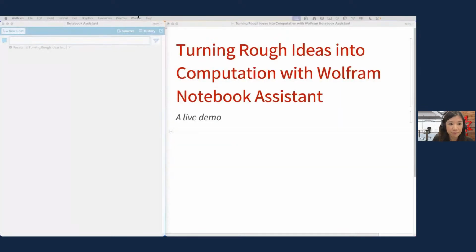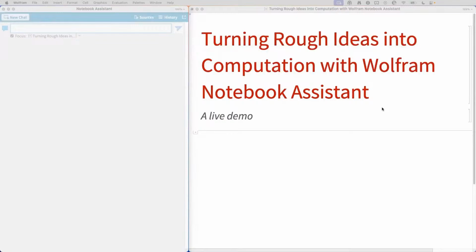Today, I am quite excited to tell you about how to turn rough ideas into computation with Wolfram Notebook Assistant. Now, typically in our webinars, or at least in the ones I run, we'll have a bunch of pre-populated stuff in our notebook here, and I'll teach you about a topic. Here, I think it's better to just see it in action and learn through that seeing. I think at this point, we're all familiar with ChatGPT. And I would say that Notebook Assistant is like a custom version of ChatGPT that has access to all of our